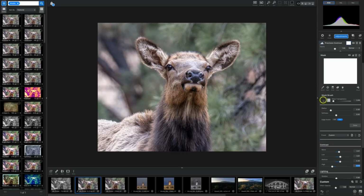So I'm just going to select the brush, and let me turn off my little cursor thing here so you can see the brush. So if you go to the radius, look in the center of the image, and you can see me changing the size of the brush here. So I want a fairly broad brush, and this is just really basic stuff. I'm going to click on the black. So white reveals and black conceals, and all I'm going to do is brush in some of this area